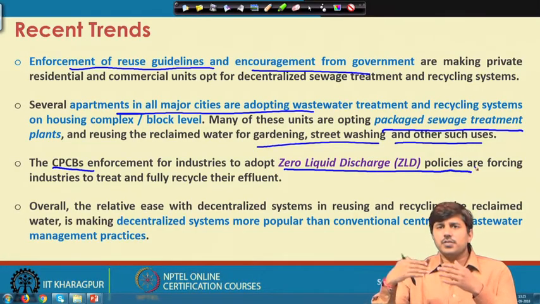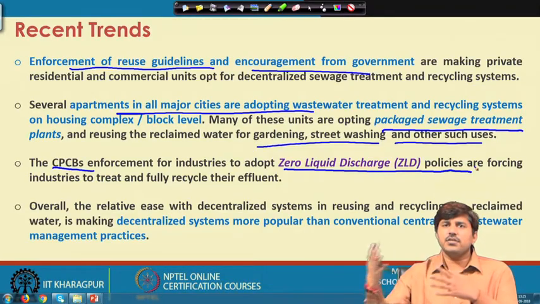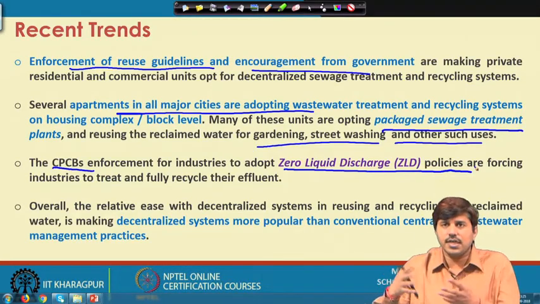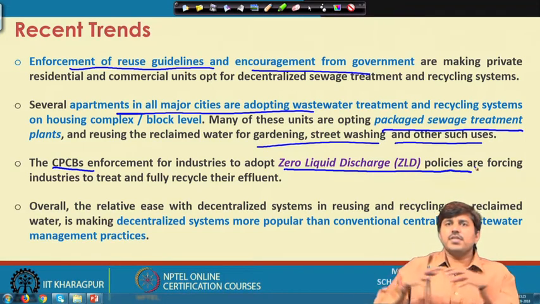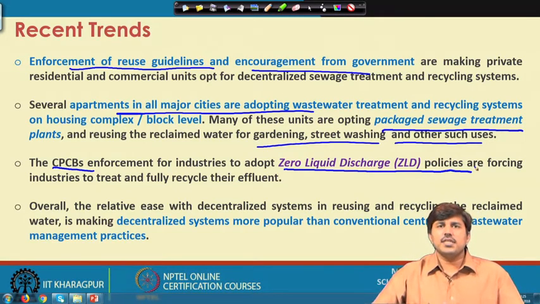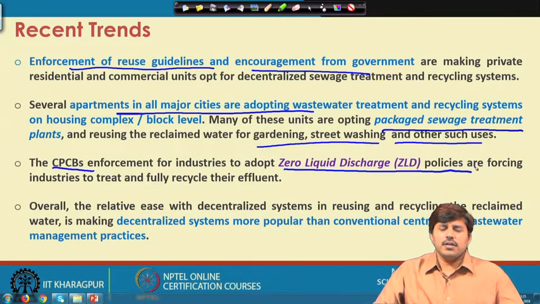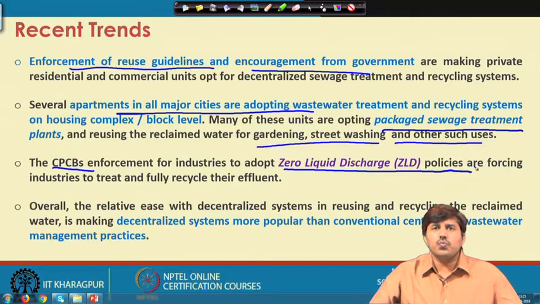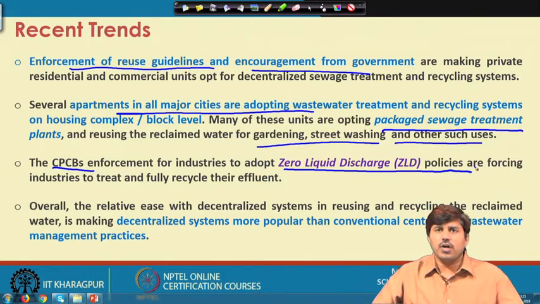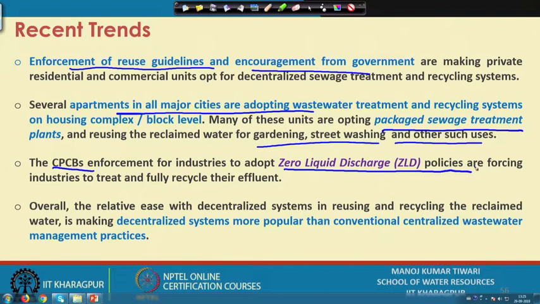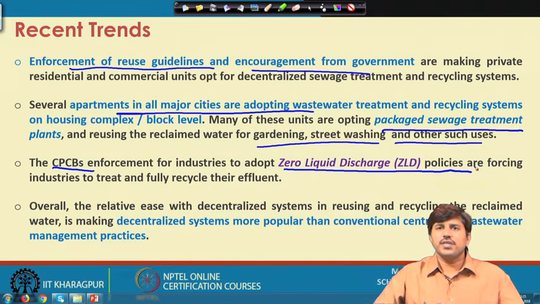So, the disposal of waste from the industry by sending it to the combined effluent treatment plant, which is a centralized system within the industrial peripheries, is being discouraged, and the government is enforcing industries to go for zero liquid discharge policies, where they fully treat and recycle their waste within their own territory. So, overall there is relative ease in reusing and recycling reclaimed water with decentralized systems as opposed to centralized systems, and this is making decentralized systems more popular than conventional centralized